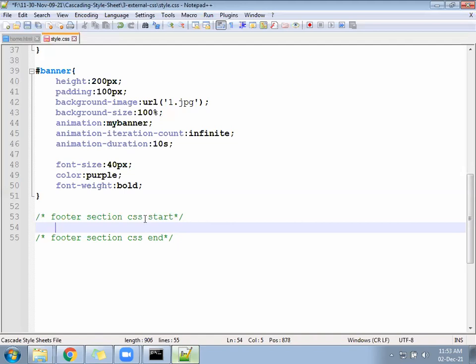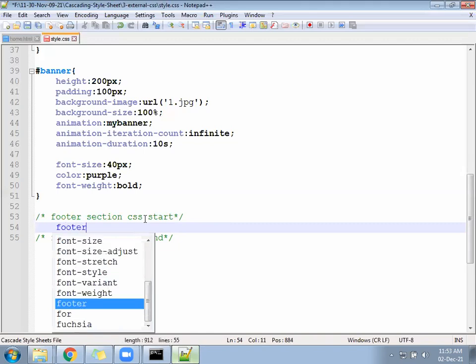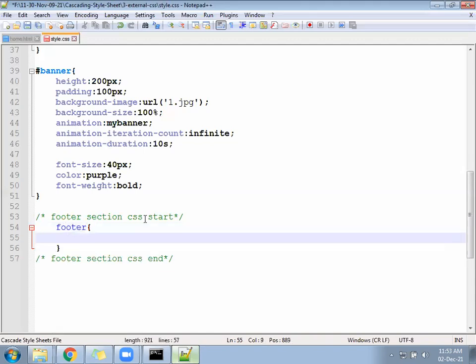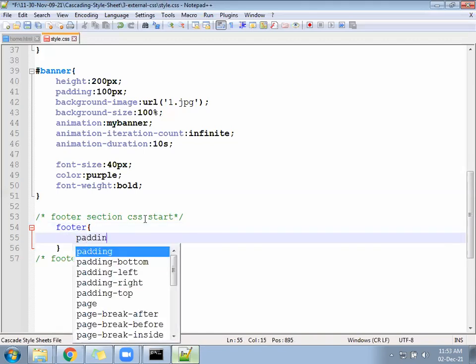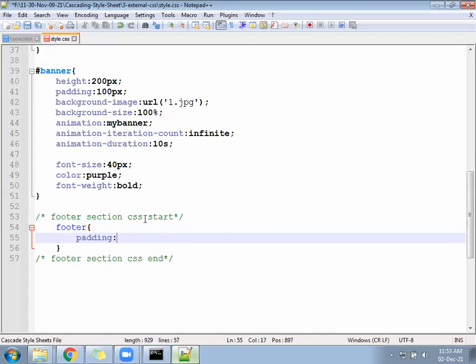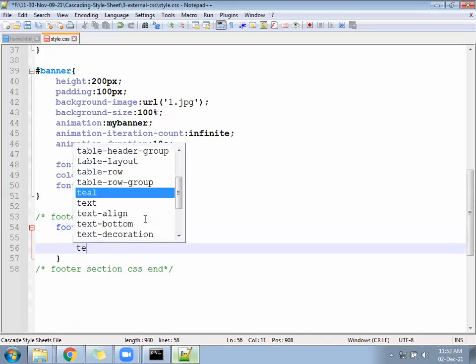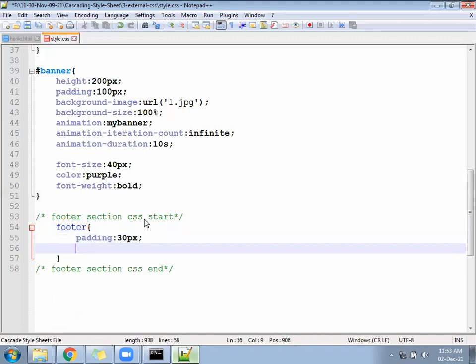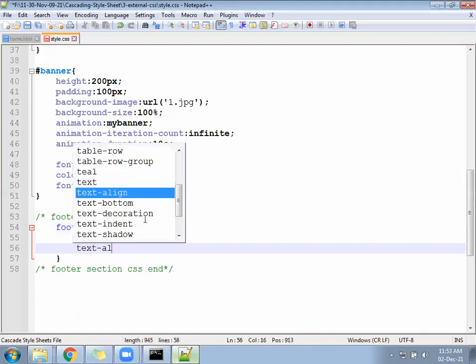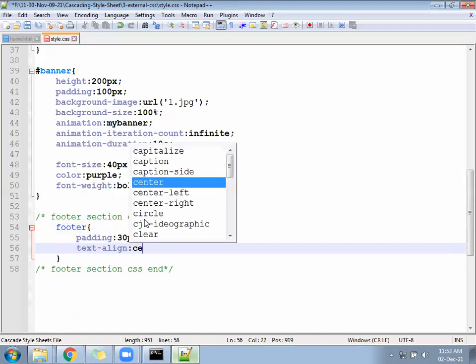So for the footer, you can write a padding of 30 pixels, and then text align center.